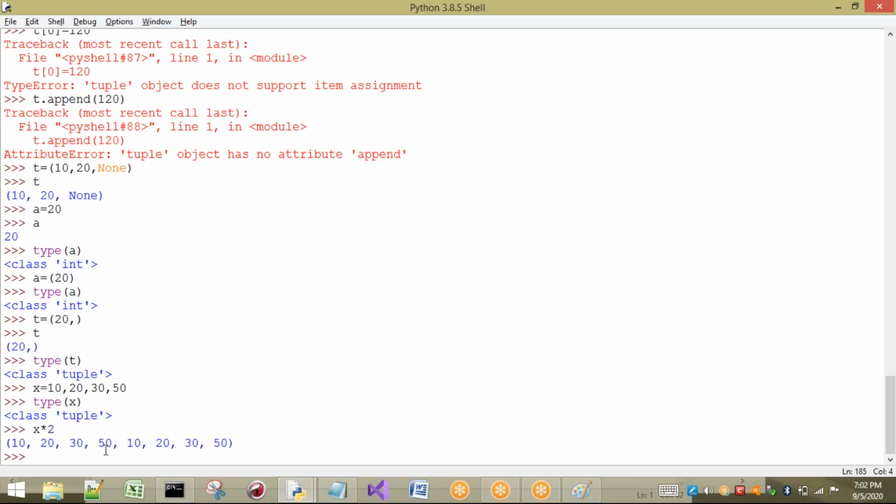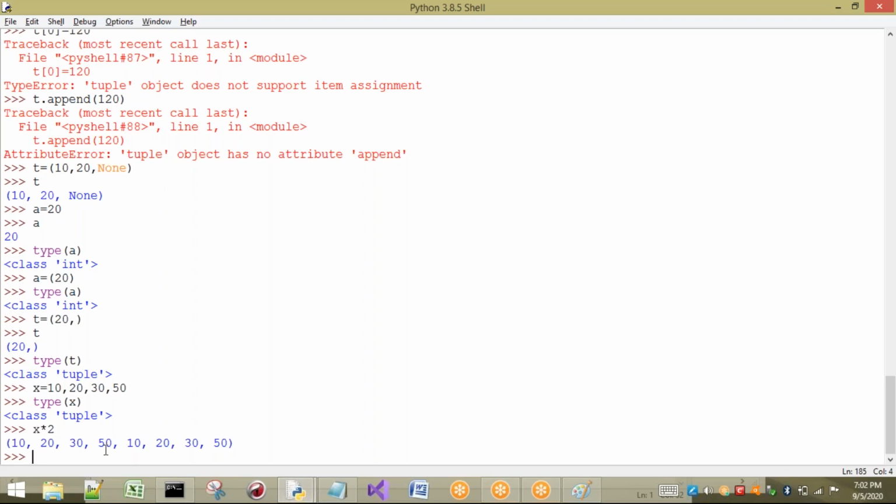Once again, briefly about tuple: whatever rules are applicable for list are the same, except that tuple is immutable and list is mutable.